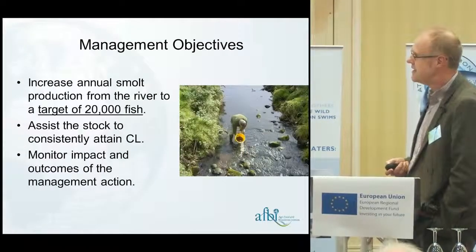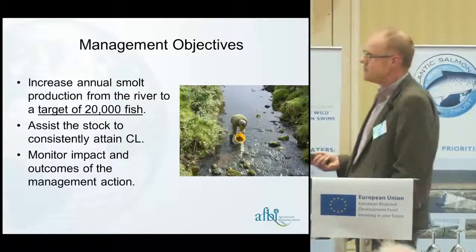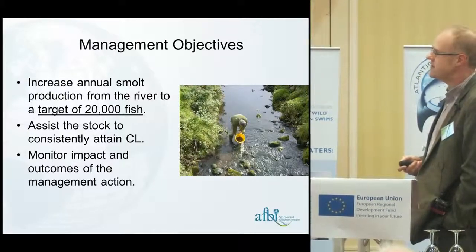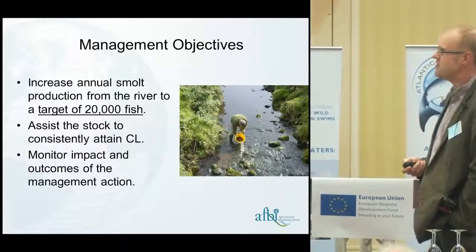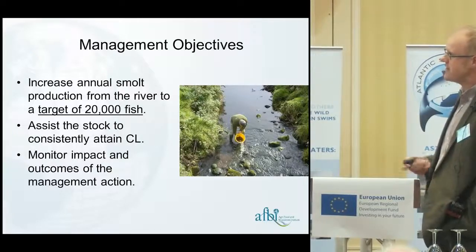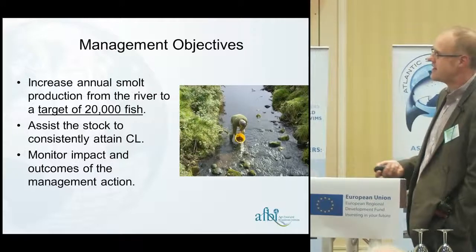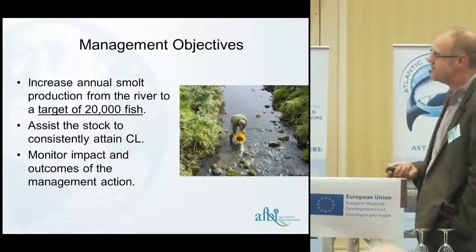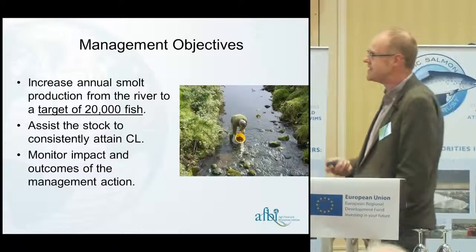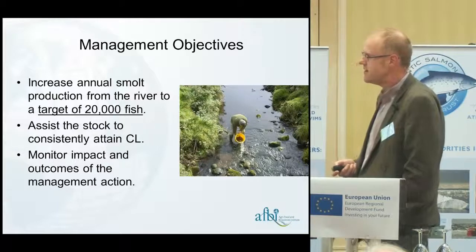throughout the river. And some management objectives were set at that time. First of these was to increase smolt production from the river to a target of 20,000 fish. It was felt that this 20,000 target was reflective of a mean historical decent level of production from the river. Secondly, to try and assist the stock to consistently attain its conservation limit, and then critically to monitor the impact